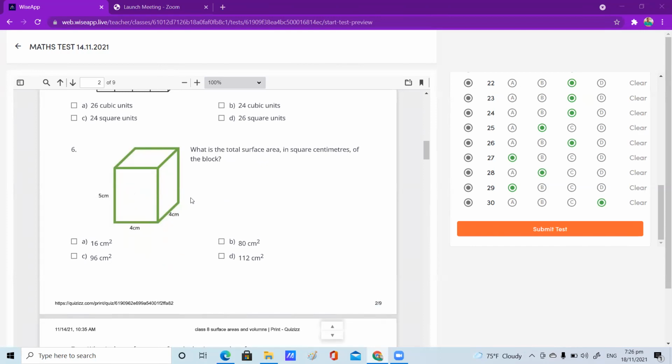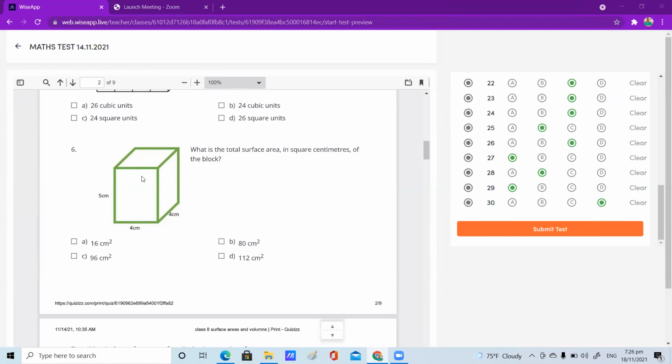But here measures are given, right? Ridhima, is it a cube or cuboid? Ma'am, it's a cuboid. Right. Of course, if you look at the picture it looks like a cube, but here the dimensions are given differently, children. So it's a cuboid. You need to find the TSA of cuboid.